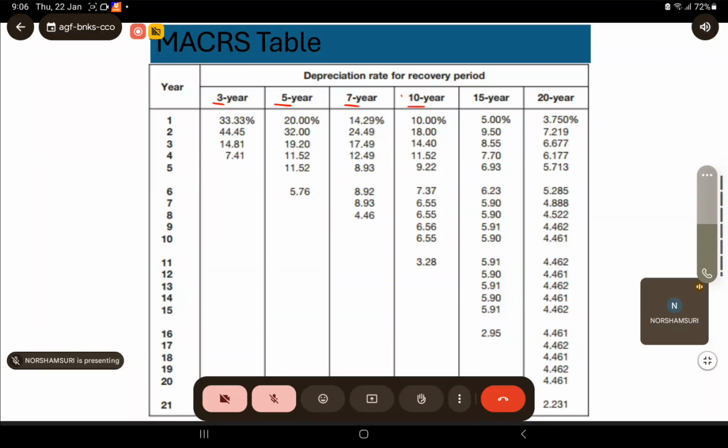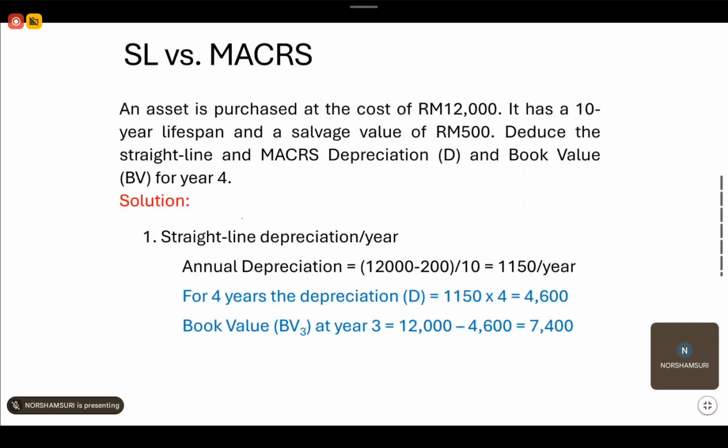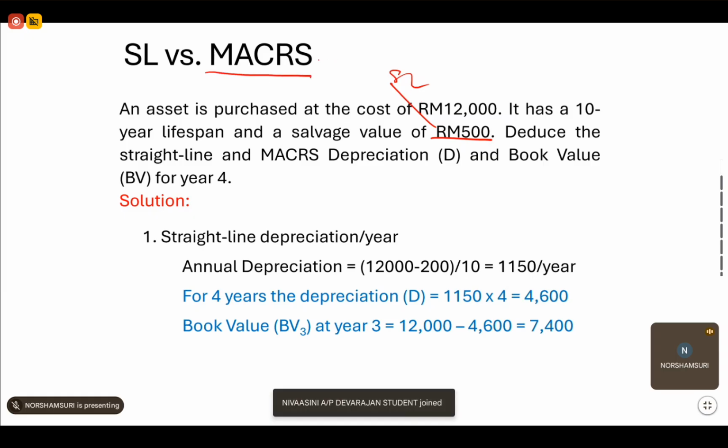For example, 10 years, we can use this one. Okay, and then they have a salvage value of 500. Normally salvage value is used for the straight line method, not for the MACRS. For MACRS, normally the value at the end of the life actually becomes 0. Reduce the straight line and